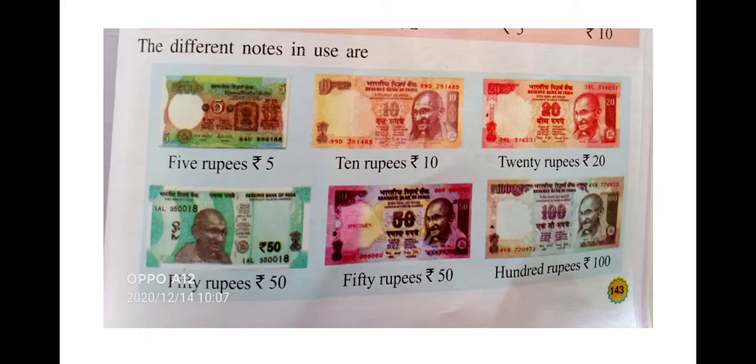Then this is 200 rupee note, this is 100 rupee note, 50 rupee note, 20 rupee note, this is 10 rupee note, 5 rupee note, and 1 rupee note. This is 1 rupee note, alright. The down one is 1 rupee note, alright children. Okay, now see, this is 5 rupee note and this is 10 rupee.